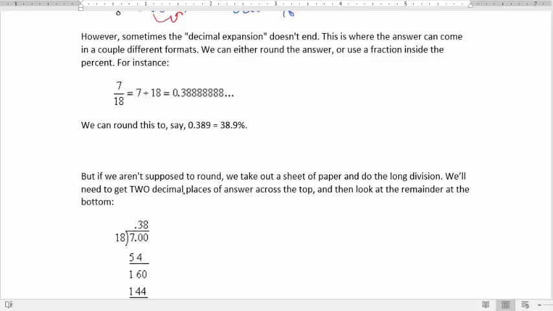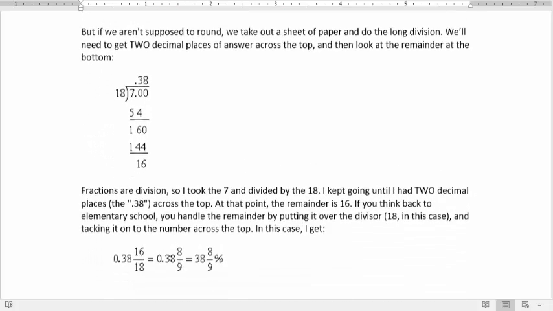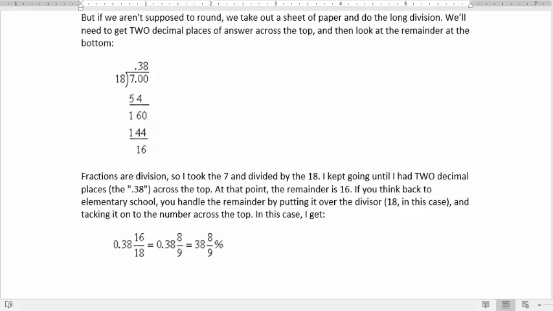Because 7/18, if you did the division on it, it becomes 0.38 repeating, which you could round to 0.389 and say it's approximately 38.9%. But the problem with that is it's not exact. So if you were going to do it more formally, what you'd have to do is think about the long